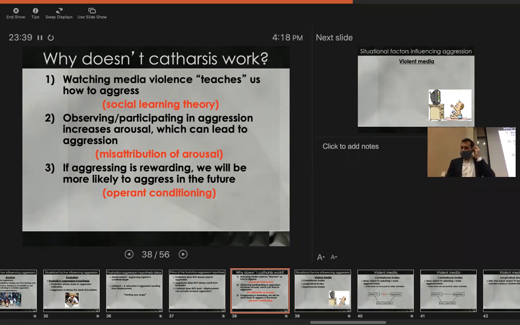Okay. So catharsis does not decrease aggression, it increases aggression, if anything. And this is important because so many people have the wrong idea that what they should do when they're angry is to hit a pillow and try to drain that aggression. That's not how aggression works. So here's how aggression actually works.